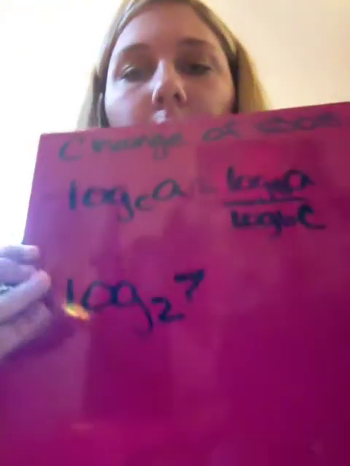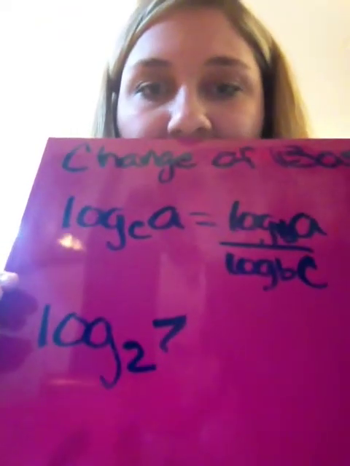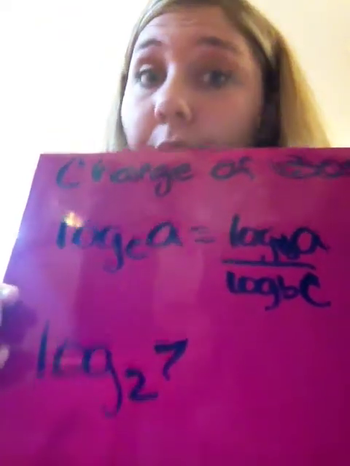I'm going to use 7 because 7's my favorite number. I hope it's your favorite number. You look like a 7 person, you know. You look like one of those people who really likes the number 7. But we'll see. So if you have log base 2 and then 7, what you do with that is